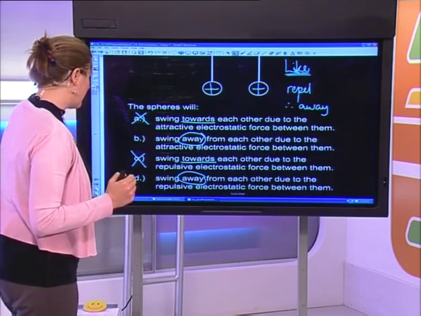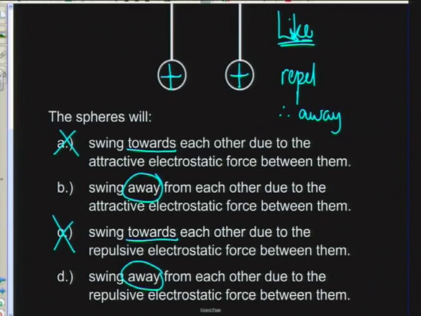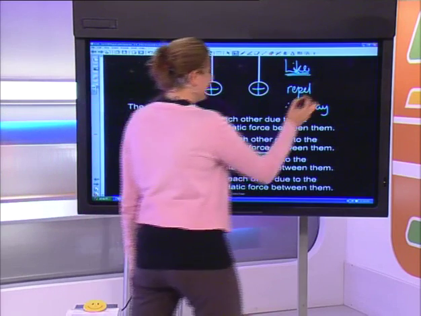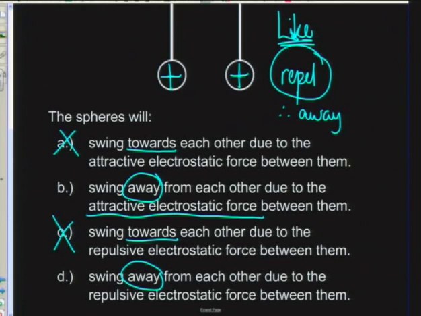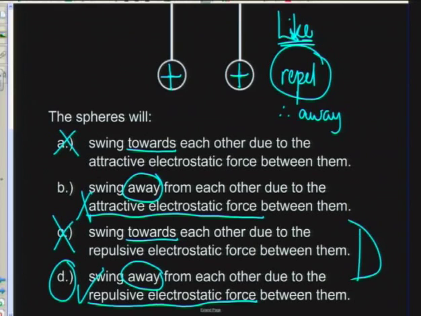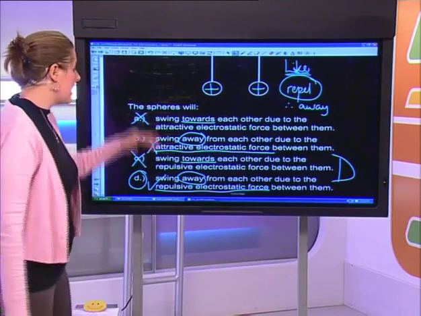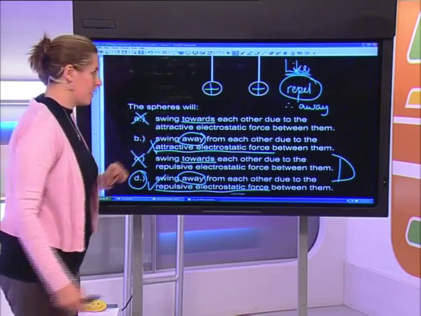So B, they will swing away from each other due to the attractive electrostatic force between them. Well, is this an attractive force? No, it's a repulsion. Let's look at option D. They will swing away from each other due to the repulsive electrostatic force. That is true. So D was my final answer that I would pick. Okay, so do you recognize how you can answer a multiple choice question quite easily if you work through them